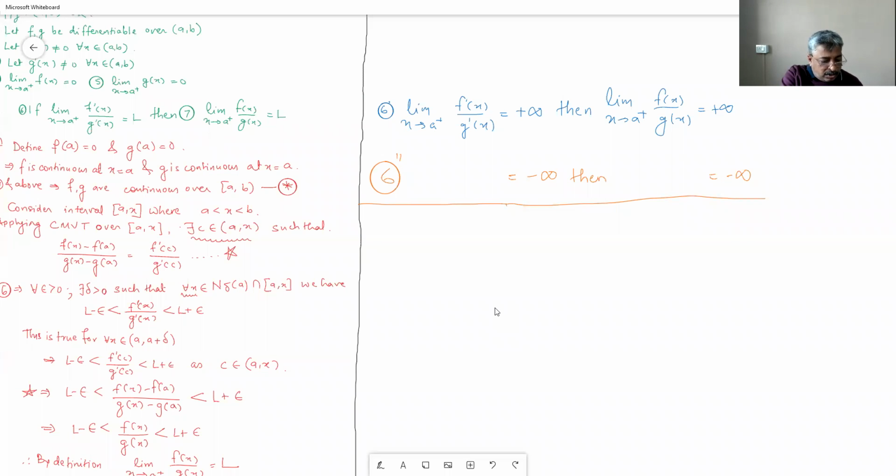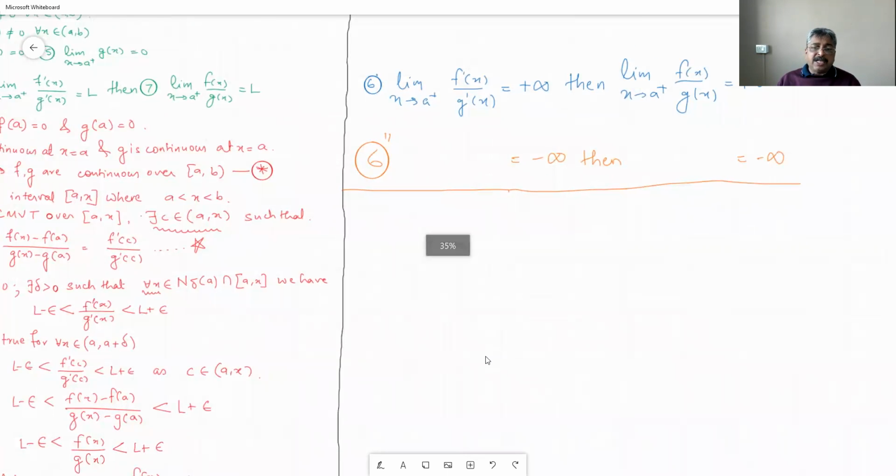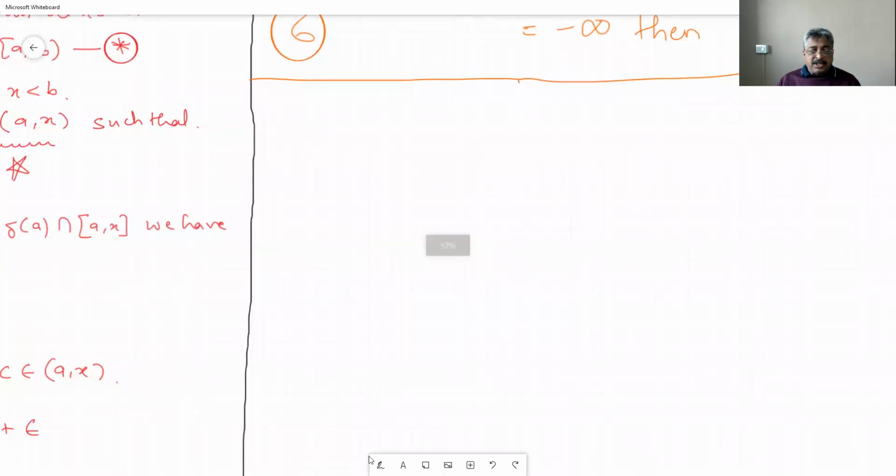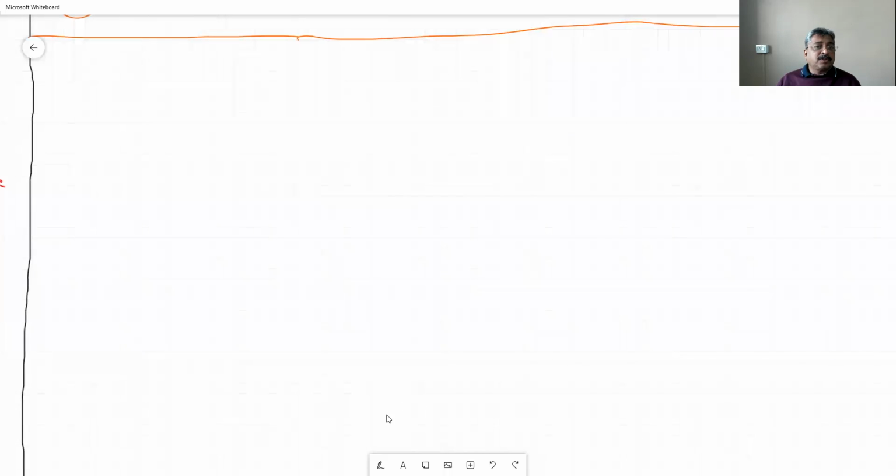So let me write down the statement of the theorem and give you sufficient time to think about it. It is little involved, but you have to try your level best. After that, I will write the proof. Statement of the theorem. L'Hopital rule number. Let